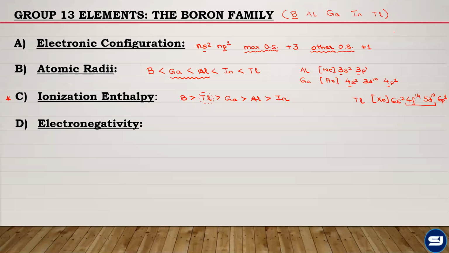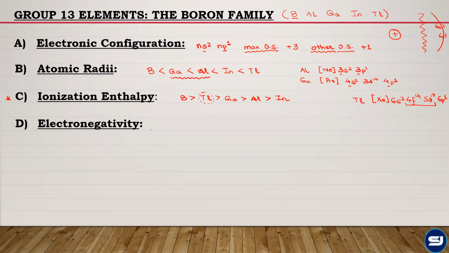So again, इस poor shielding effect की वजह से there is a very high nuclear charge of thallium, and there are these valence electrons, that is 6s2 and 6p1. But due to the poor shielding effect, these electrons would be very strongly attracted to the high nuclear charge। इसलिए इन इलेक्ट्रॉन्स को निकाल पाना काफी डिफिकल्ट हो जाएगा, and a very high amount of energy would be required. That's why thallium has an ionization enthalpy which is much greater than the other elements except boron। इसलिए ऑर्डर में बोरॉन सबसे हाईएस्ट है, फॉलोड बाय थैलियम, एंड देन गैलियम, अल्यूमिनियम, और लास्ट में इंडियम आ जाता है।